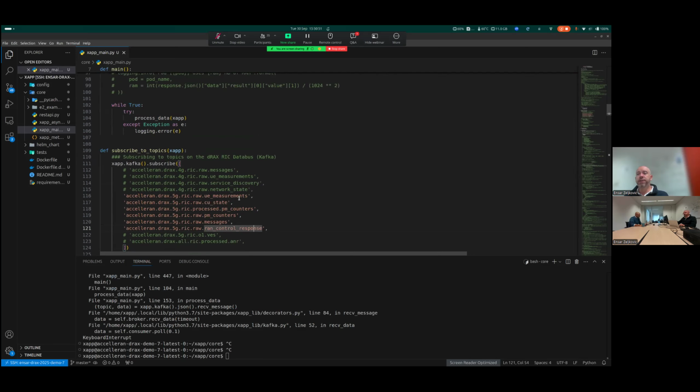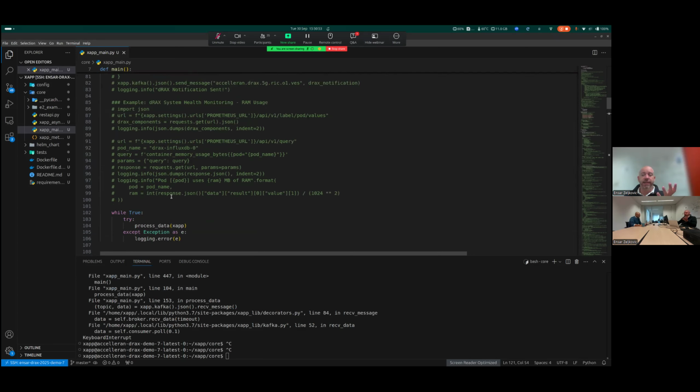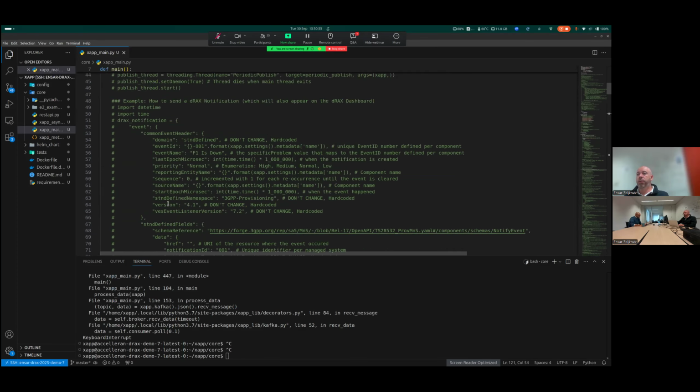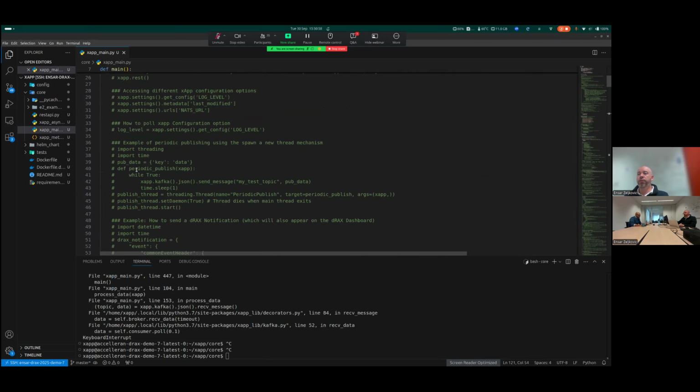Well, it's very easy in the sense that we have an example to go with that. If you scroll up a little bit over here, you see an example saying, how do I periodically publish some new data into the RIC? So what I can just do is uncomment this piece of code here. As you can see, in Python terms, it's very easy.